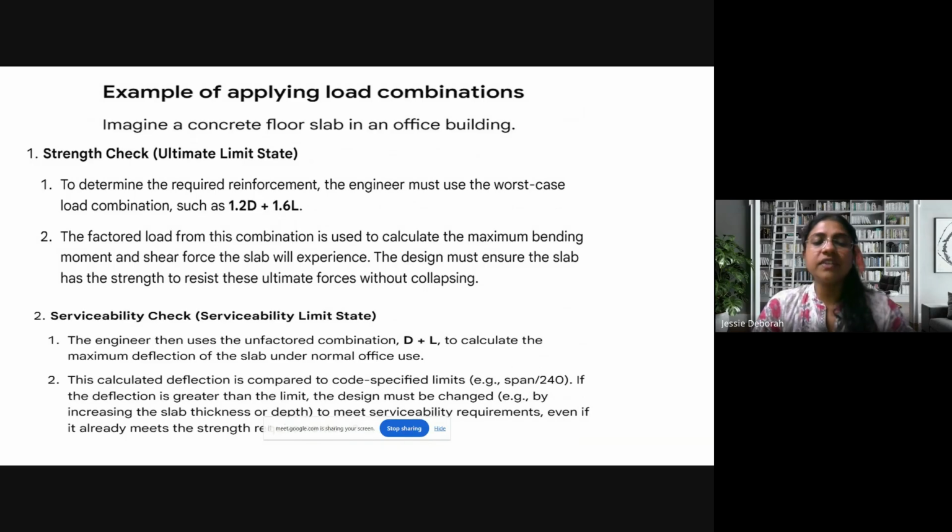If the deflection is greater than this limit, then the design must be changed by increasing the slab thickness or depth to meet your serviceability requirements. Even if it already passes on strength, if this deflection check is not passing, you have to revise your slab thickness.